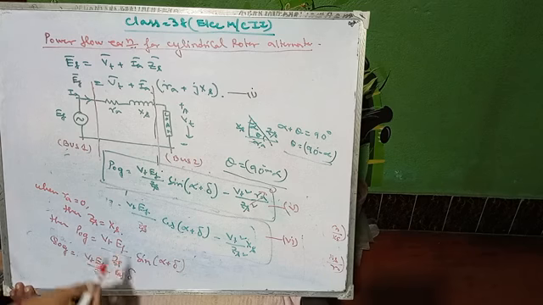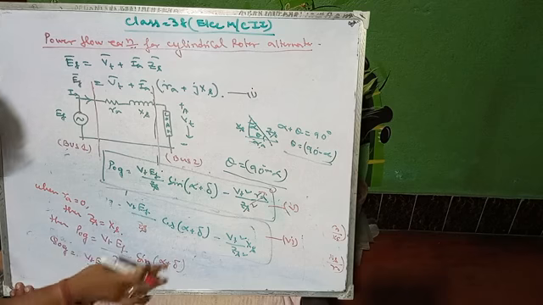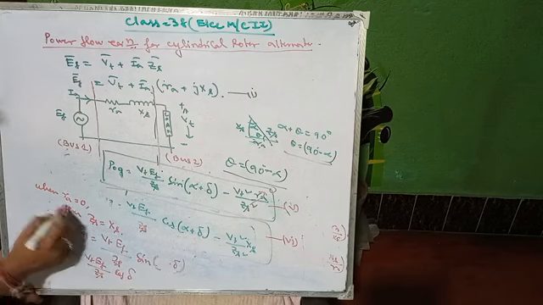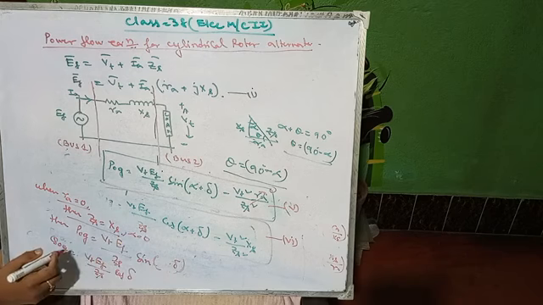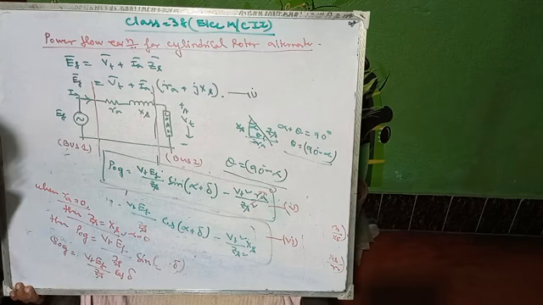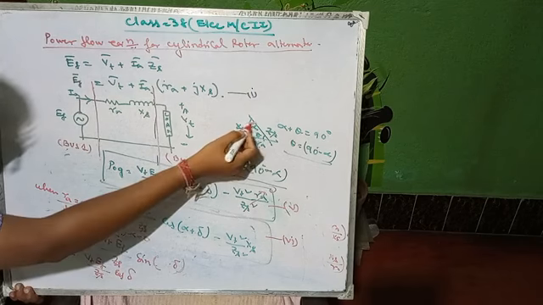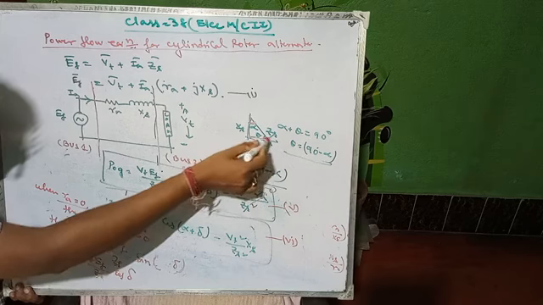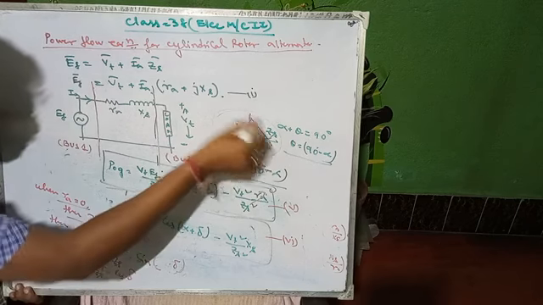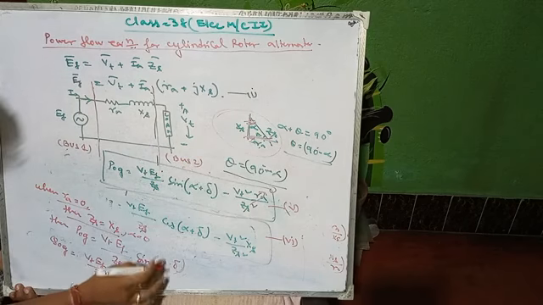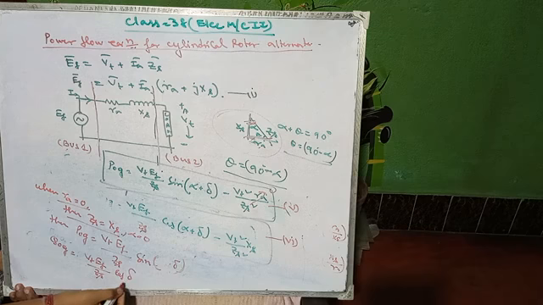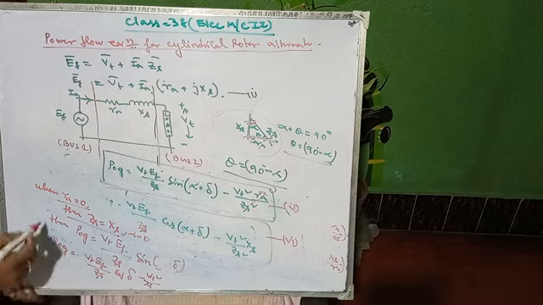So cos del, why? Because alpha will be 0, right? If Ra is 0 and Zs equals Xs, then alpha also equals 0. Why alpha 0? Because from the triangle concept, if alpha equals 0, then Ra will be 0. So only sin del over here and only cos del over here, minus Vt square by Xs. These two equations then hold true, okay?